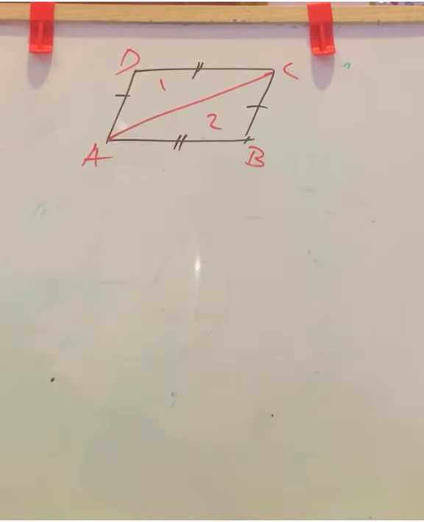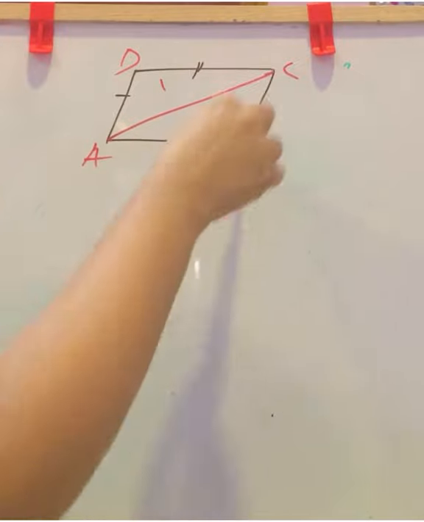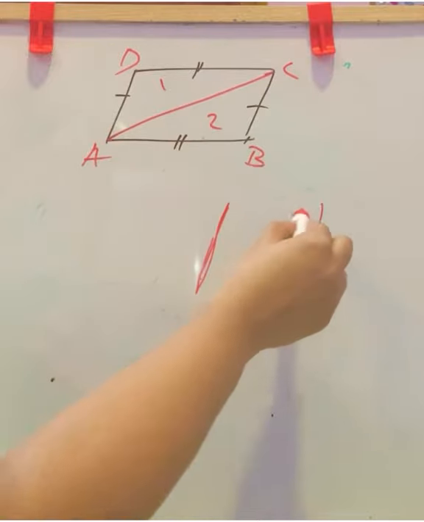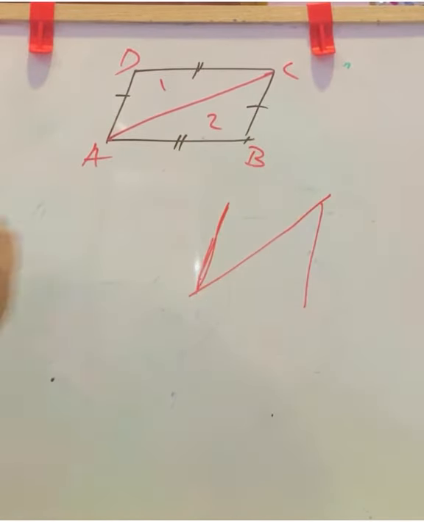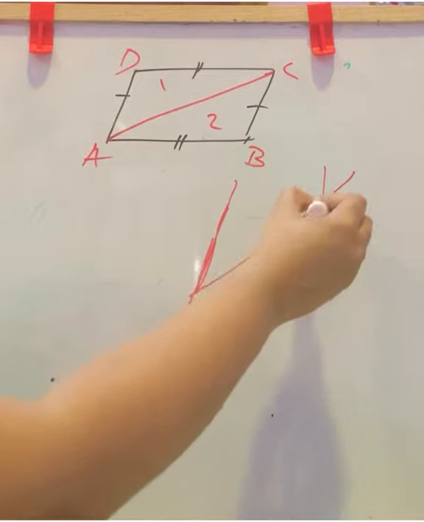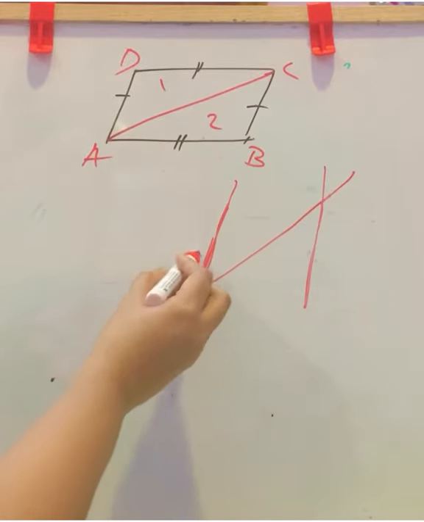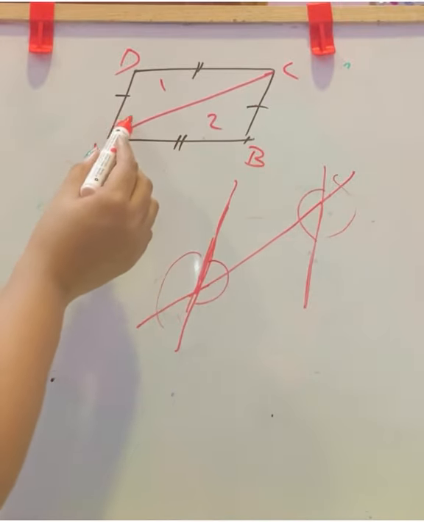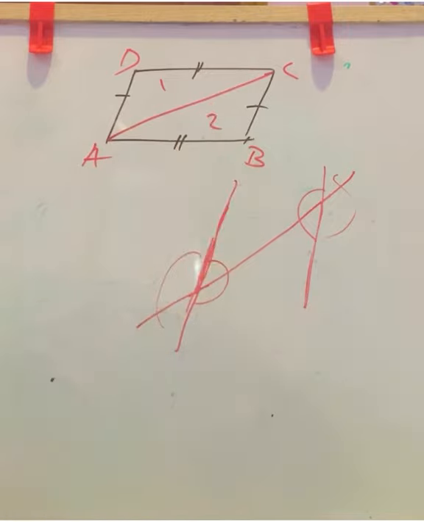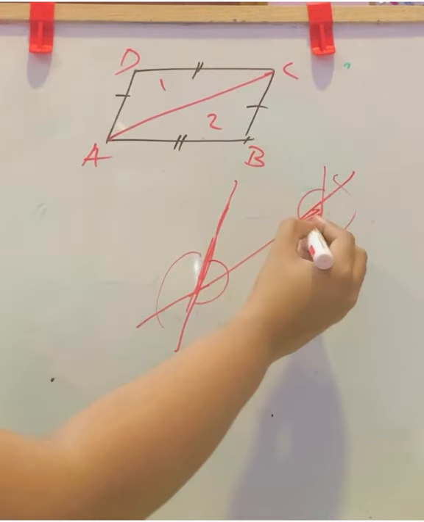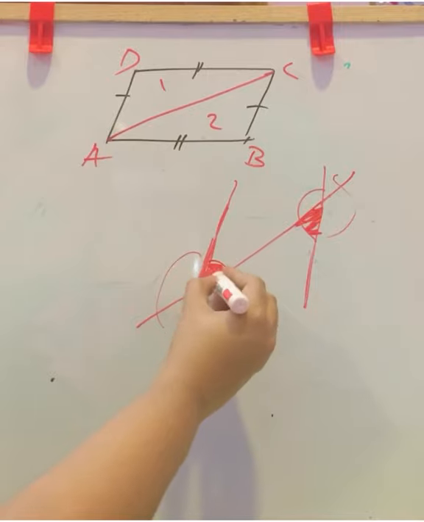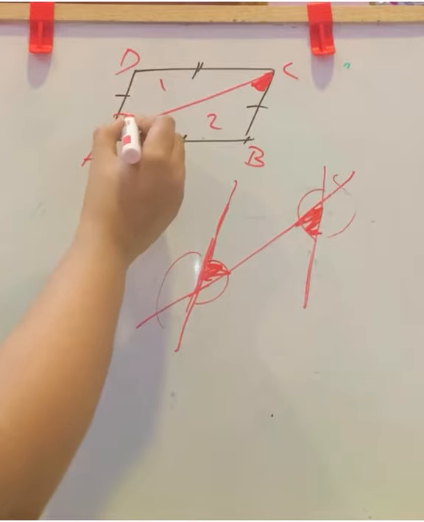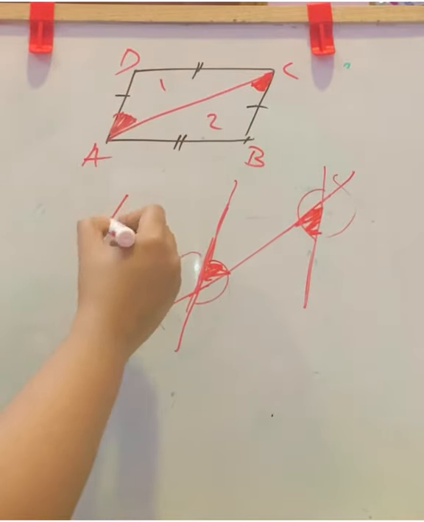So considering these parallel lines, we can see a transversal falling on it. If we extend this transversal, we can see these are the exterior angles and here we will get the interior angles. Here these are the interior angles from the figure, and this angle and this angle will be equal here. That is, in the figure, these two angles are equal, considering AD